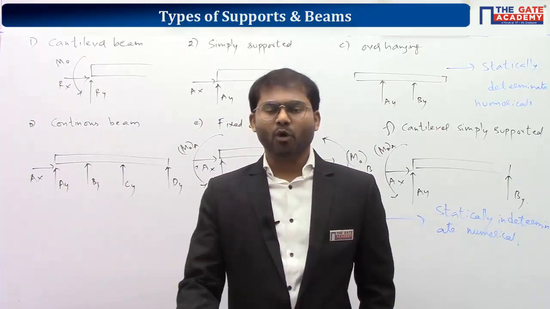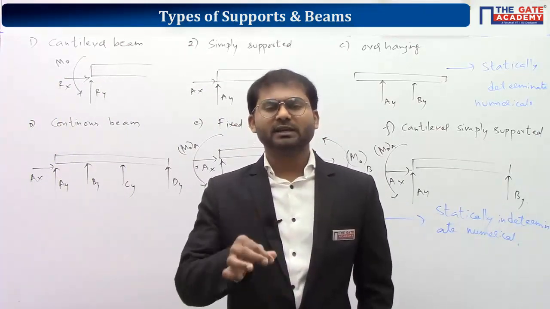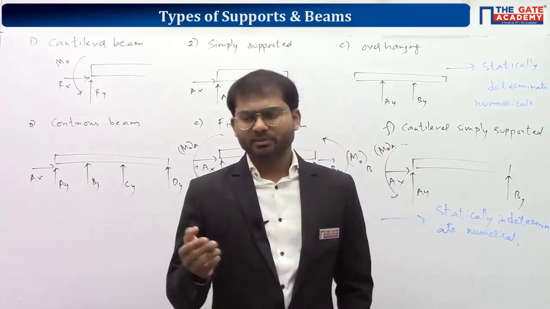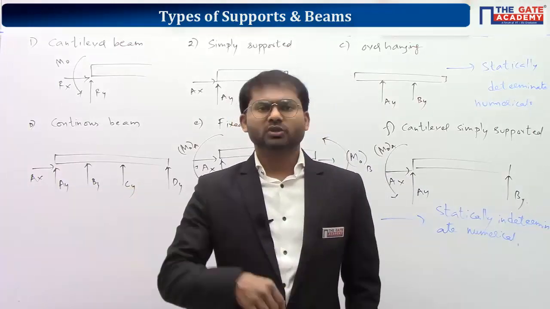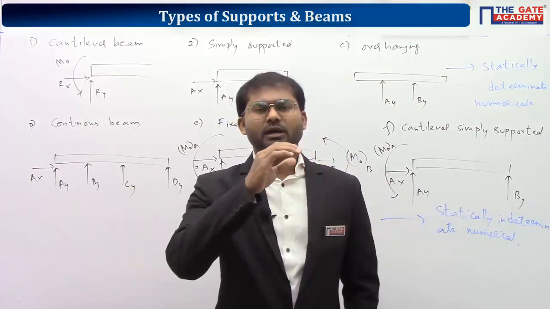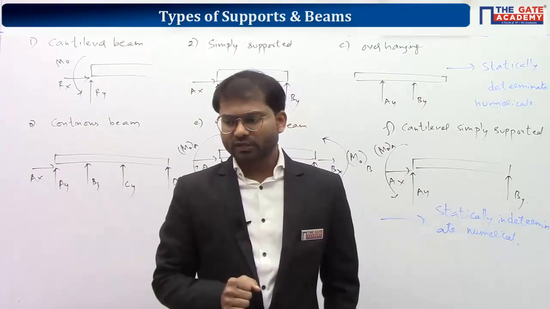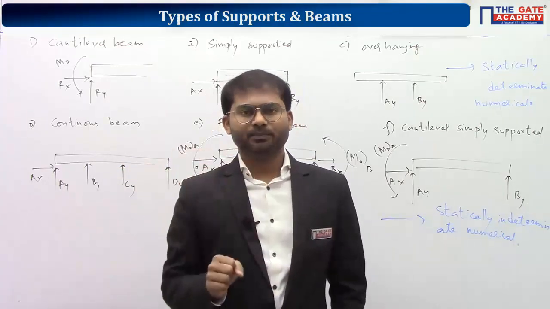So first one is a point load. Point load means the load is acting at a single point along the length of the beam. Uniformly distributed load beams, that means the first one you can see in the picture. In the beam, the load is uniformly distributed along the length. Here you can see that the intensity of the load is the same.